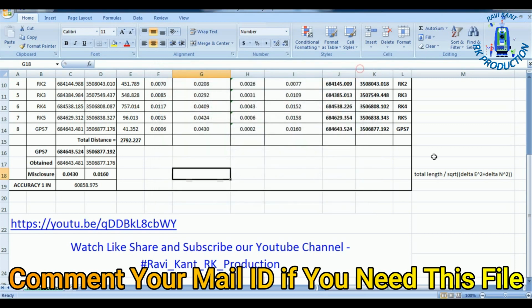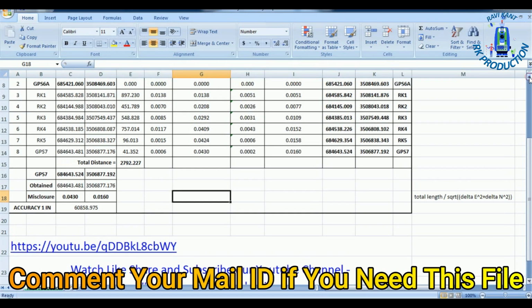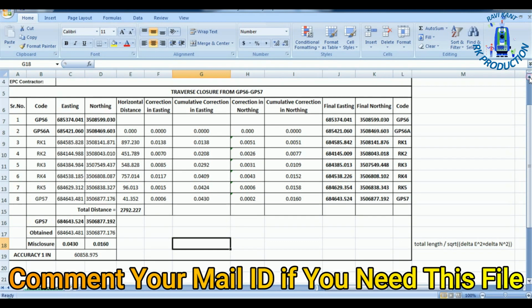So let me go up. We have to do the traverse like this, check the accuracy like this, and adjust the error between these points like this. To know the details about this, please go to the I button mentioned here.